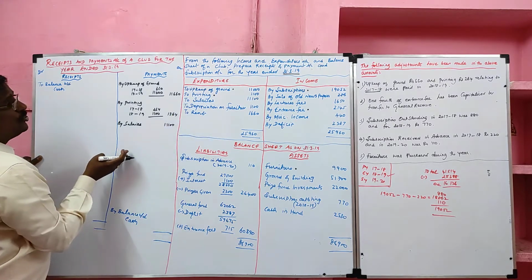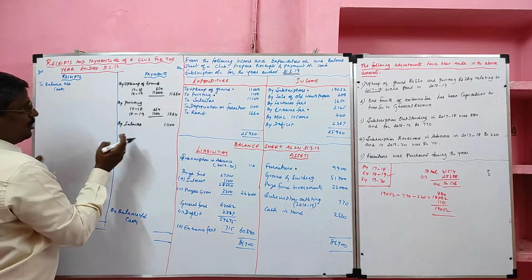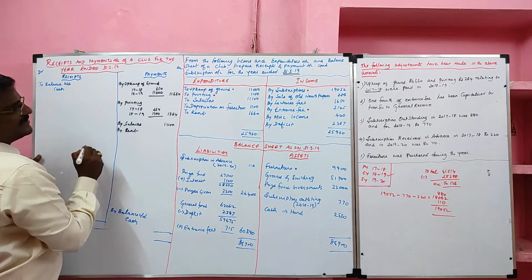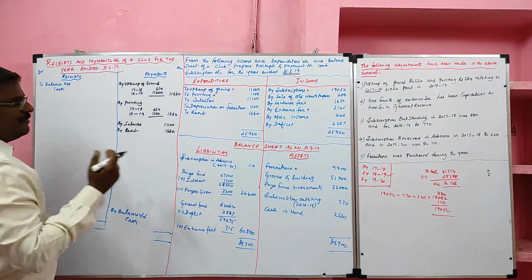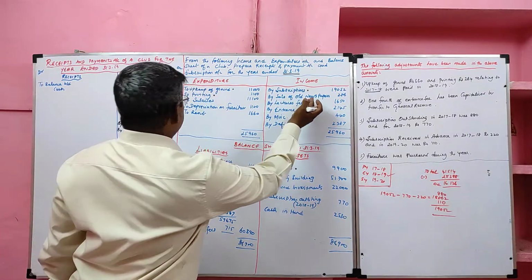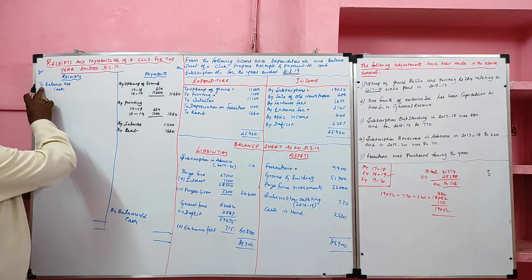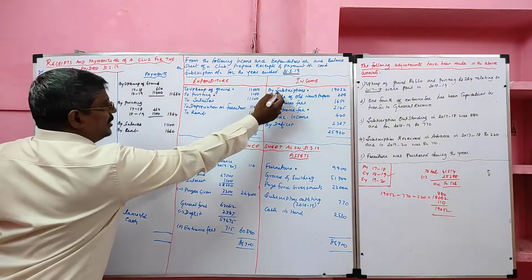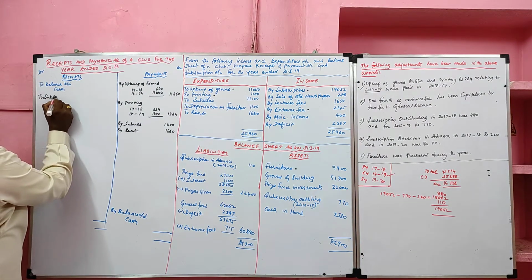Then depreciation is not to be recorded because it is receipts and payment account; non-cash items are not to be recorded. By rent, no adjustment, write the same value. Then we are moving to the income side. Incomes are recorded in the receipt side. So on the receipt side, our starting point is opening cash, which is not given here. So we'll start with to subscription.